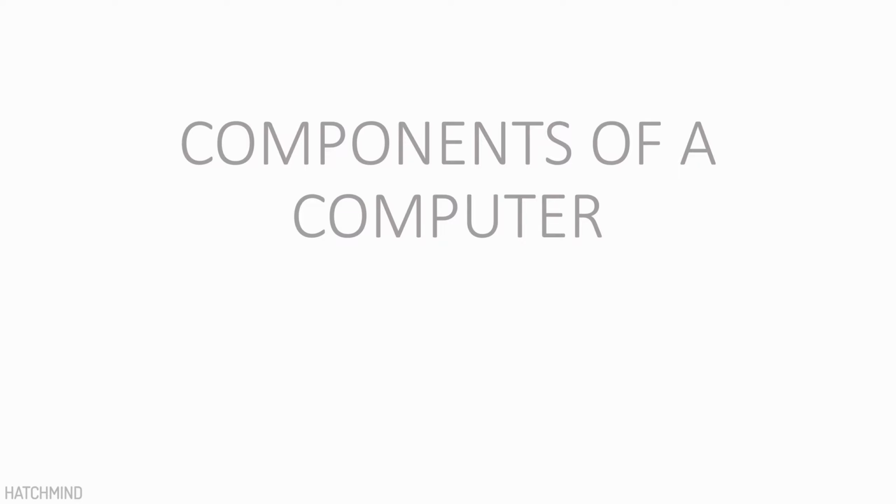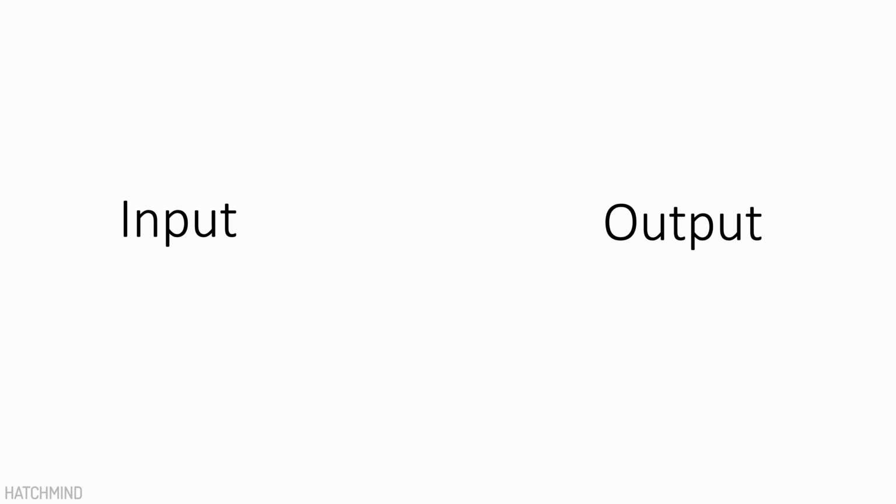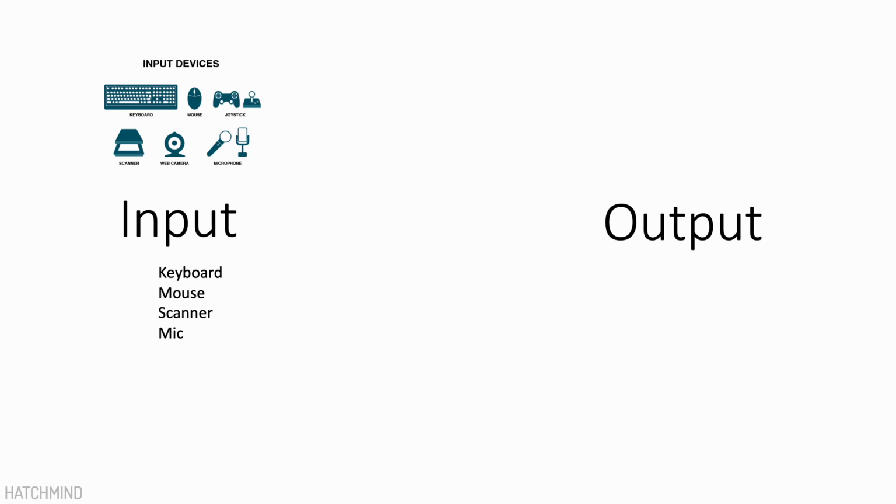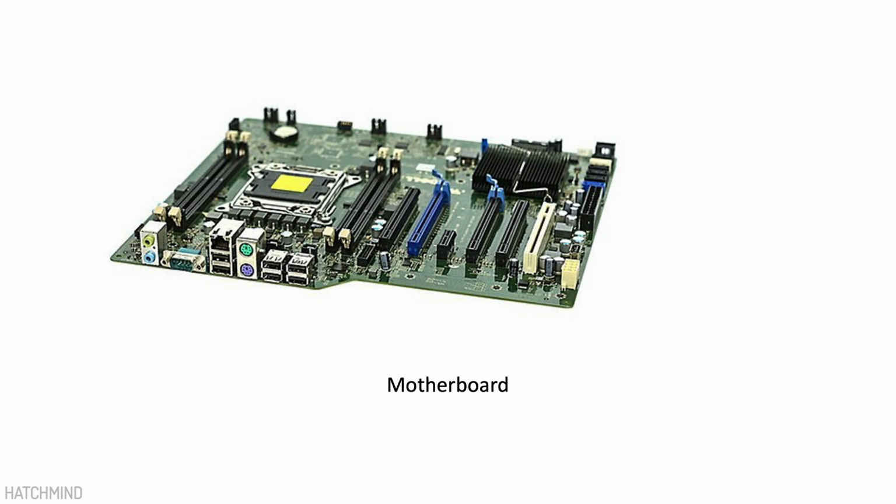Components of a computer. When we talk about a computer, it's not as simple as input, output, and processors, but there are so many components involved. So we saw there is an input, there's an output, and these are the processes happening. But